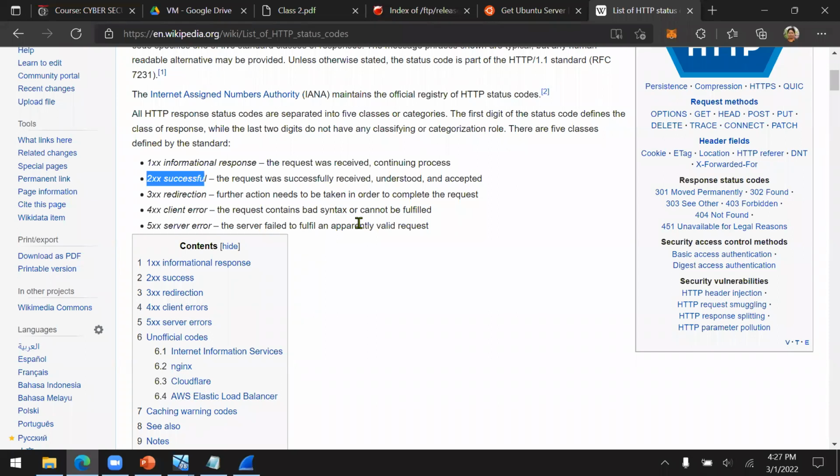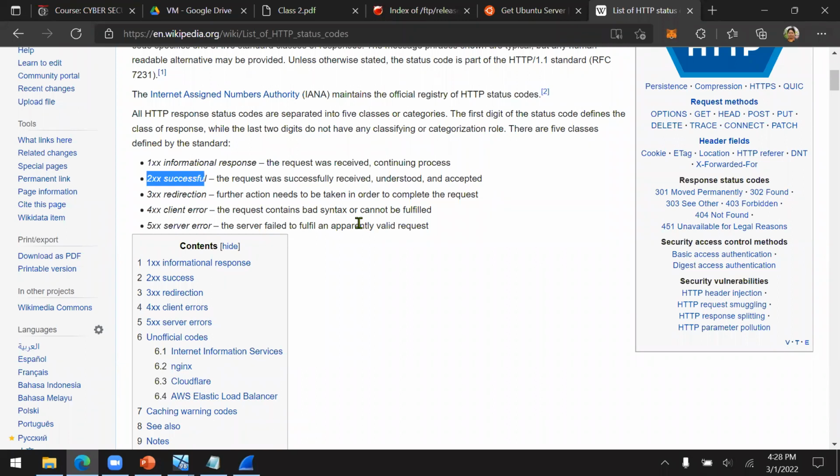So I'm going to send you 404 because it's your error. You request something on my part, but I cannot find anything there. So it's your fault, and I'm going to send you 404 Not Found.